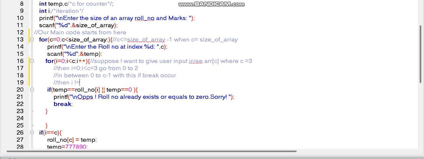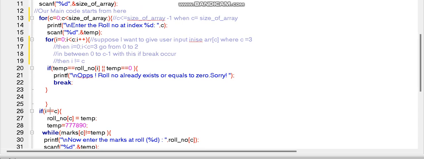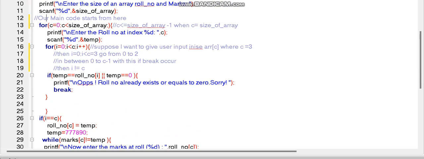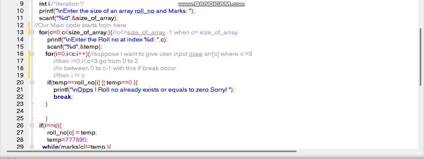I is not equal to C, and it never executes this, and incrementation doesn't happen. At that time again it asks to enter the roll number at C, at that same position. If C is equal to 3, it will again ask for C equal to 3 only. If it is 0, then C is equal to 0 only. Again the temporary variable gets assigned with another user input value, and again this part occurs starting from